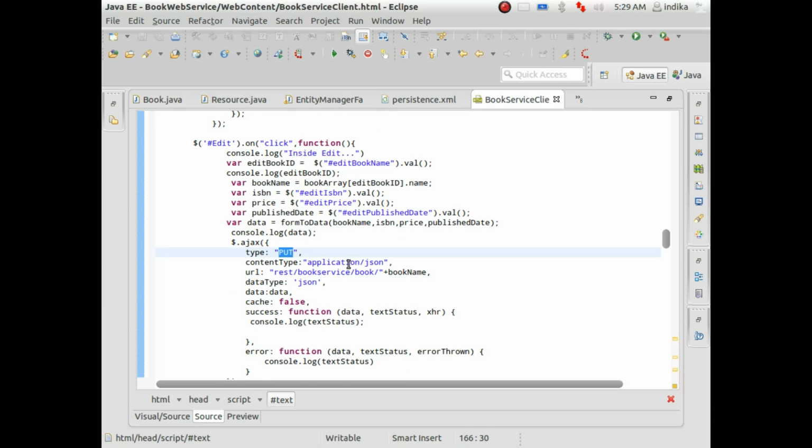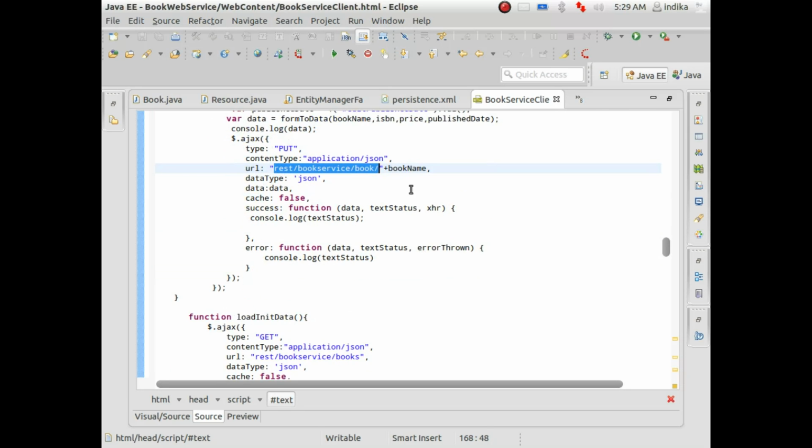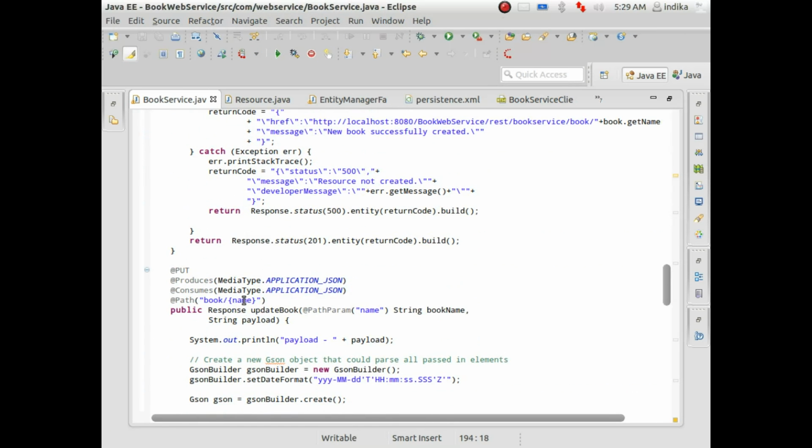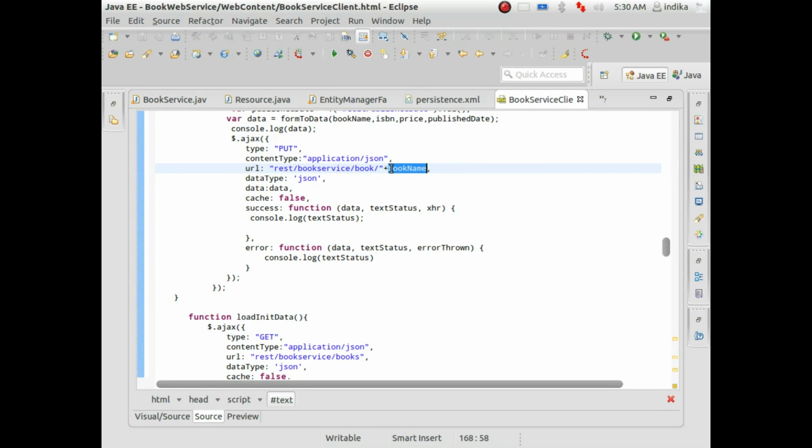I'm sending a put operation with application type JSON to this URL with the book name parameter, which is, if you go to the put method, you can see this is the path parameter. So the book service client is sending the path parameter and saying, okay, I'm expecting JSON type data,